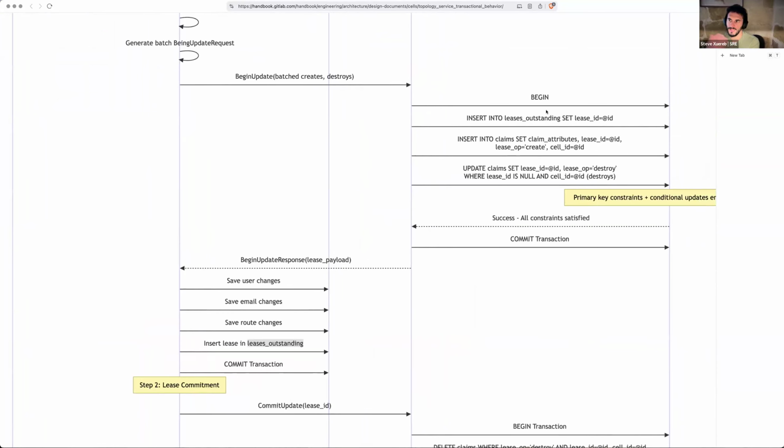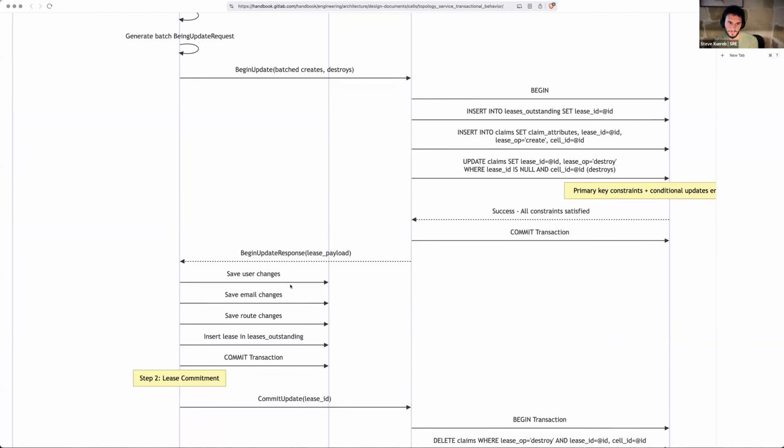So this is just checking, hey, does username Steve exist or not, and baiting early. And when we're saying this, we're not committing it. We're just saying we're leasing it, saying, hey, we want to use this username, for example, right? So lease outstanding here